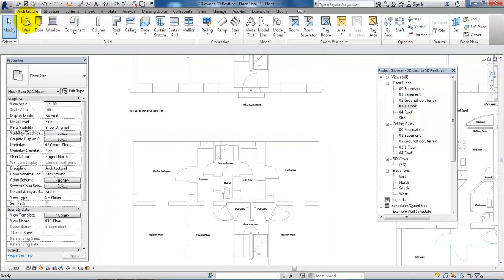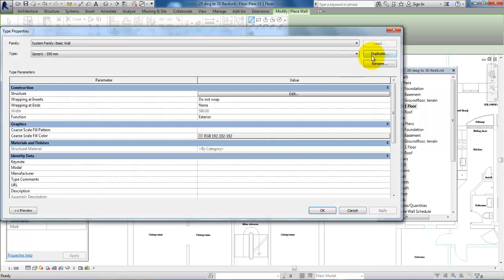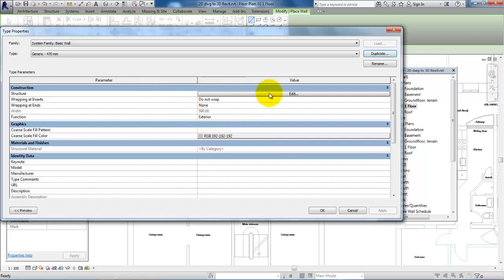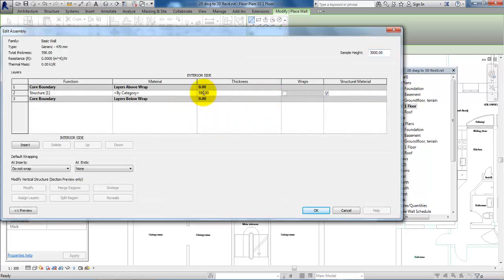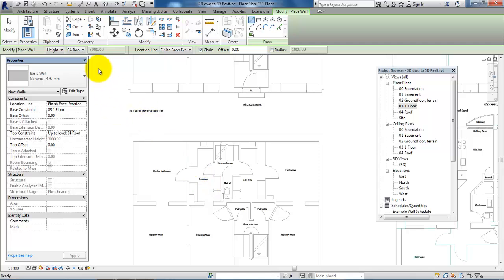and again I will go to architecture, select wall and architectural, and just select a generic wall and edit type, and I want to make a duplicate, and this one I will call 470 millimeters and say OK, and I will edit the structure, type in 470 millimeters and OK to this, and in this case it's set to the roof level, but if we need to have, for example,